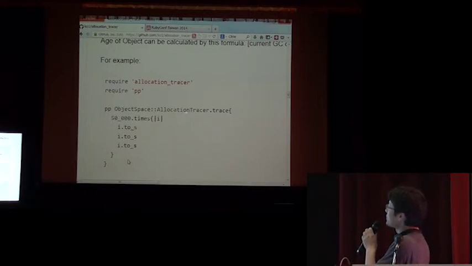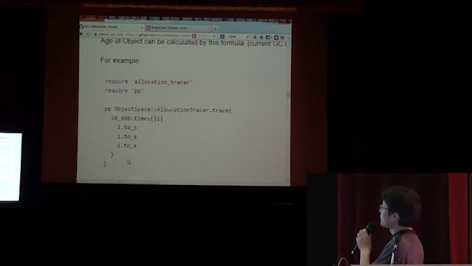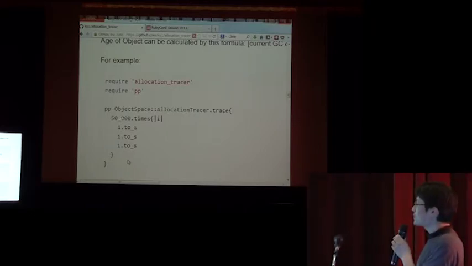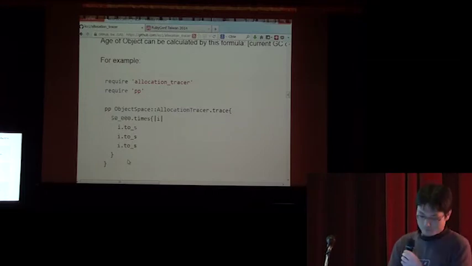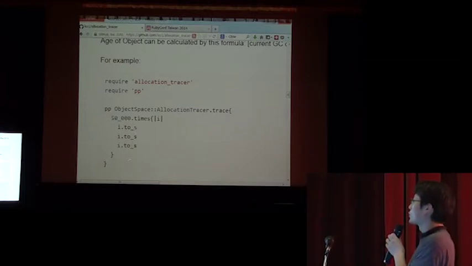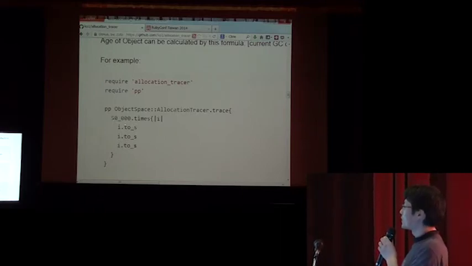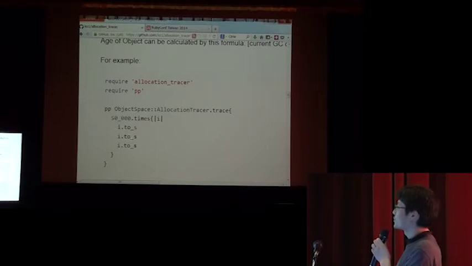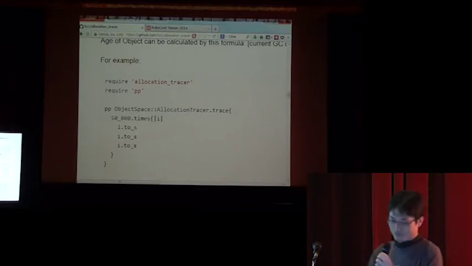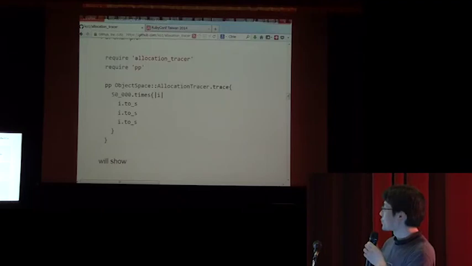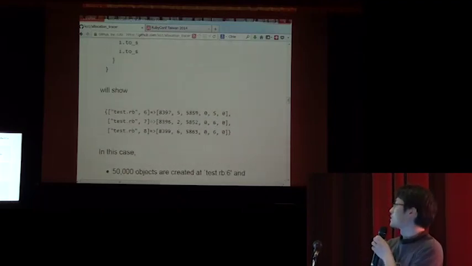This method enables tracing allocation and deallocation. In this program, we repeat 50,000 times, and this program creates 3 strings for each iteration. Running this program shows this result.